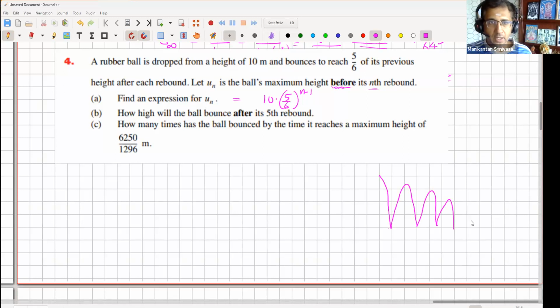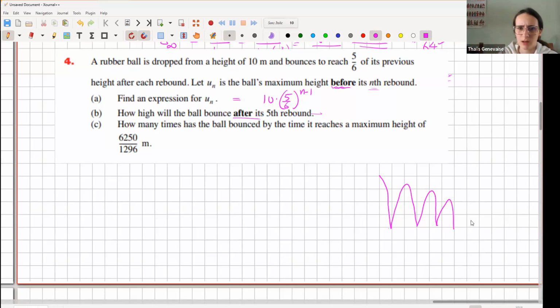Yeah, correct. How high will the ball bounce after the 5th rebound? Let's see. Thais, you want to get this? You can just give it in terms of 5/6 power. You don't need to give the numerical value. You can just give it as a power of 5/6. So it's 5/6 power